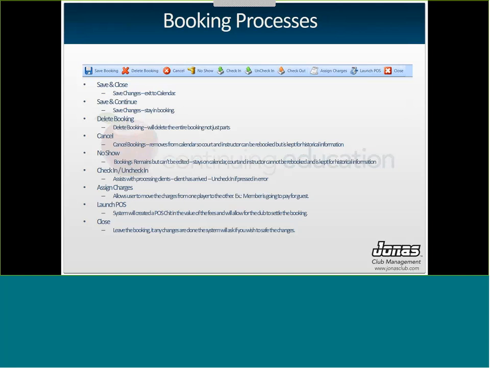You have delete booking, which will just delete the entire booking. You have cancel, so it will remove it from the calendar so it can be rebooked, but you keep the cancellation for historical information. And also if you charge for cancellations. You also have no-show, so the booking stays on your calendar, cannot be edited, and the court and the instructor